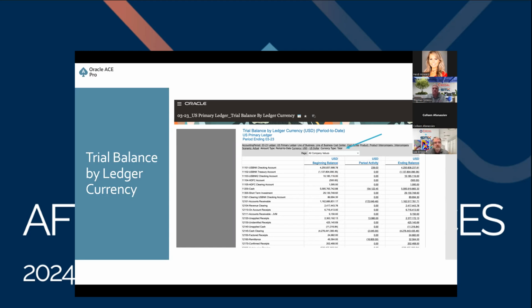The out-of-the-box process we ran to run these reports generates a trial balance by entity currency. We're going to come on that in a couple of slides. You'll see it's going to look very similar. The report will look the same, but that one will be